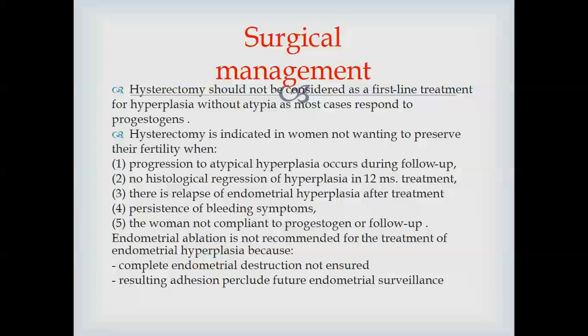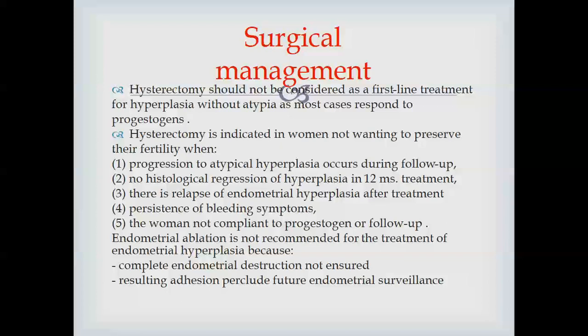Is there a role for surgical management in a patient with endometrial hyperplasia without atypia? Yes, there is a role, but it is not the first line treatment for hyperplasia without atypia. Hysterectomy is indicated in women not wanting to preserve their fertility when progression to atypical hyperplasia occurred during follow-up, no histological regression of hyperplasia after 12 months of treatment, 1 year, there is a relapse of endometrial hyperplasia after treatment, persistence of bleeding symptoms, or the woman is not compliant to